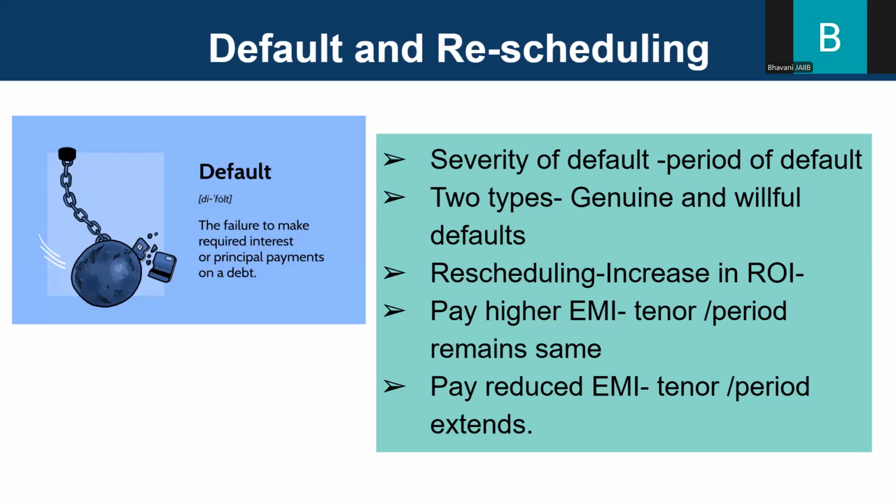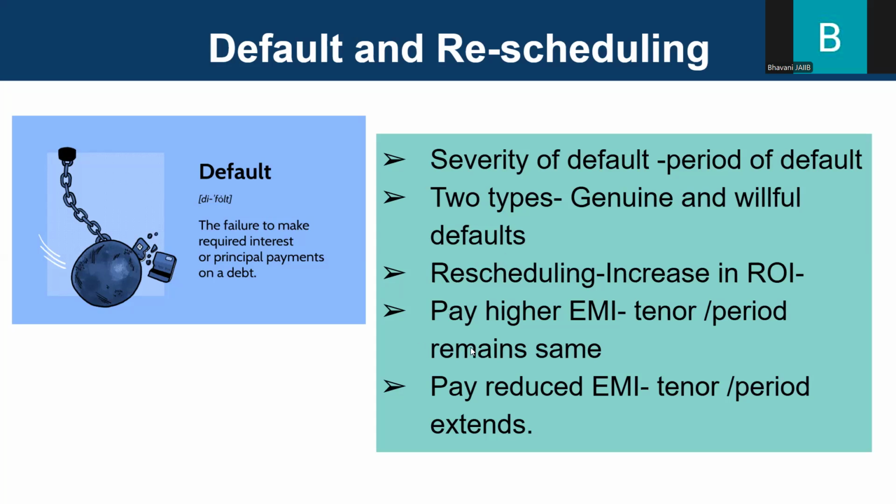But in case of willful defaulters, the borrowers deliberately do not want to pay. When it comes to willful defaulters, we need to keep in mind 2 points. First is the diversion of funds, where the funds are being diverted for the purposes or activities other than those for which the loan was sanctioned. The second is the siphoning of funds, in which the funds borrowed from banks are utilized for purposes unrelated to the operation of the borrower.